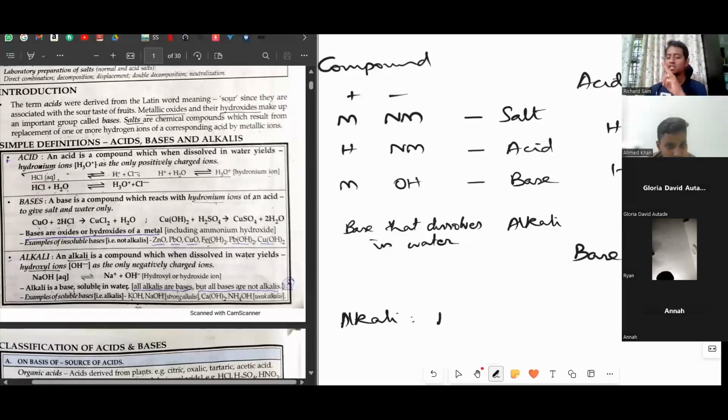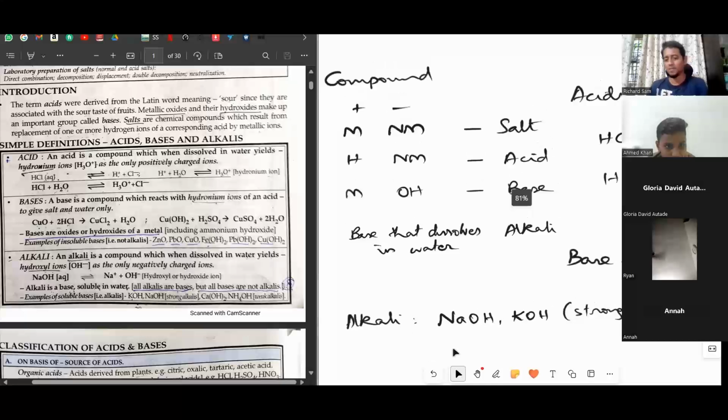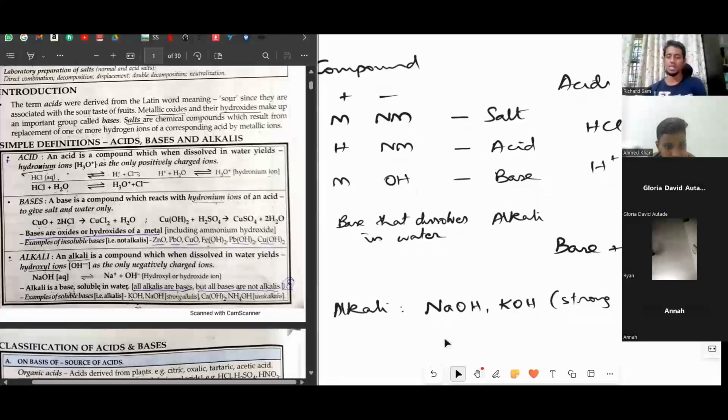Okay, there are two strong alkalis, that is NaOH and KOH. Sodium hydroxide and potassium hydroxide are the strong bases. So for all our reactions and everything, we'll be using these two. Okay, and there are two weak bases. The weak bases are